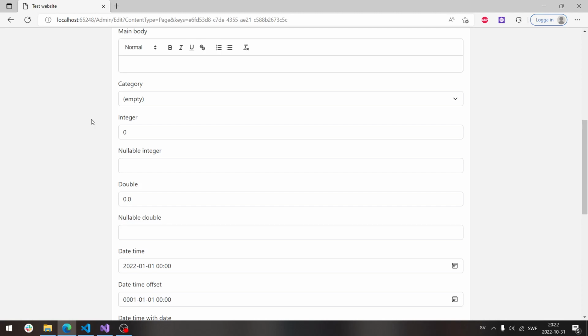So this is just a real quick update with some new data types for Cloudy CMS. So the number, meaning the integer, the non-decimal number, existed before, but now we also have a nullable integer. So the difference between an integer and a nullable integer is that the integer has any,